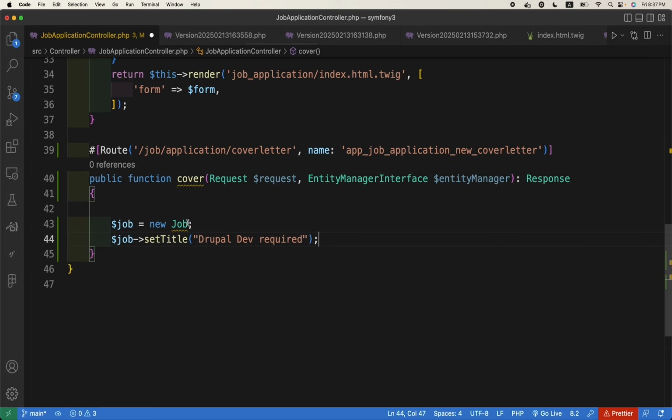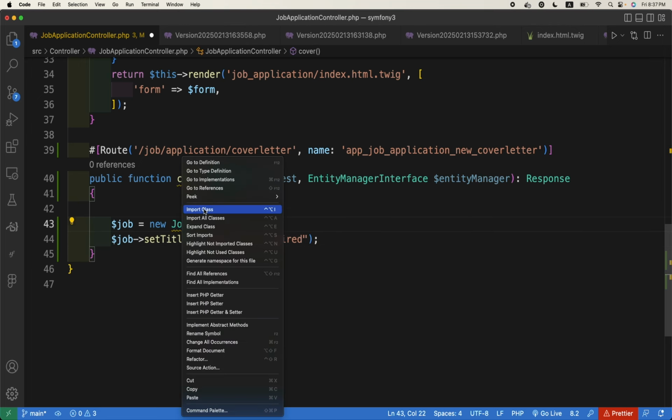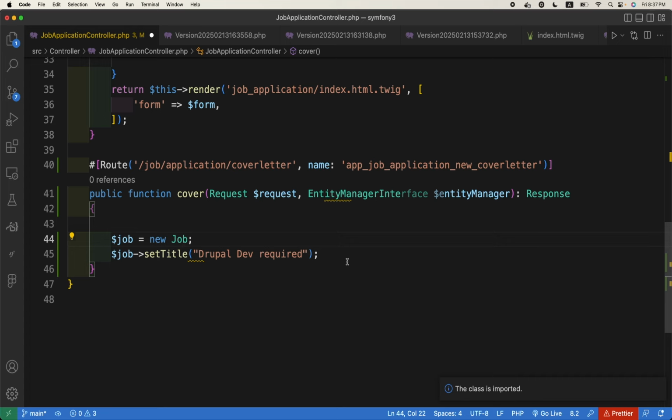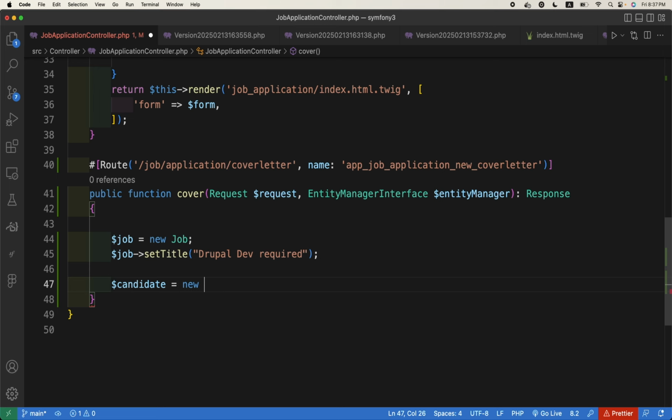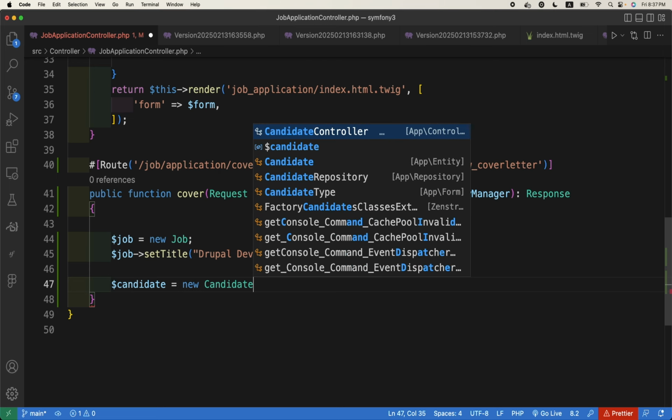Okay, we need to import this class now. So, Drupal dev required. Similarly, we need to have a new candidate. In the real world you can choose the job or candidate from a form, but right now this is just hard coded stuff. So candidate equals new candidate,